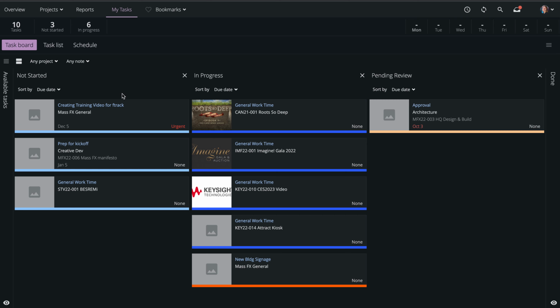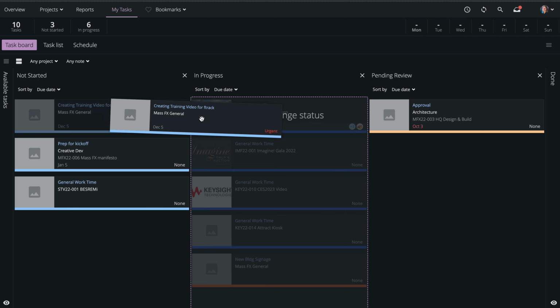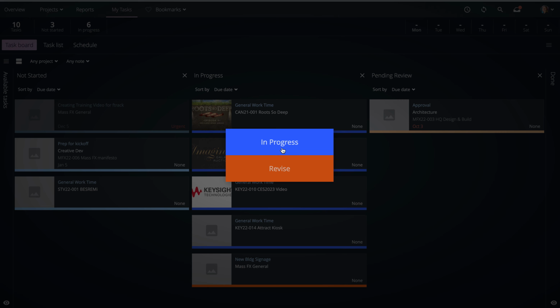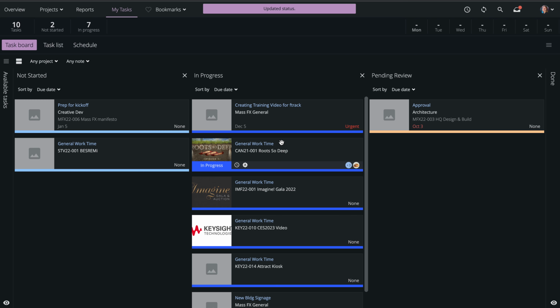When I'm ready to start working on a task, I can drag and drop it over to my in progress. I'm going to change it to in progress, and now I know that I'm working on this task. This also communicates back to our team that you've chosen to work on this task, and that's what you're working on now. When you finish a task, you go off, you do the task,